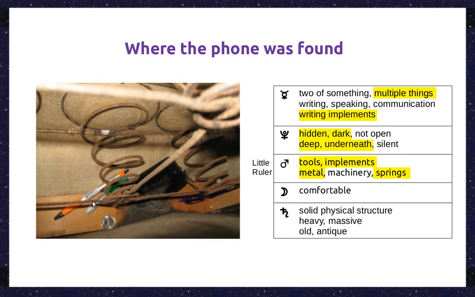And she also found a lot of pens and pencils. She found keys, and she found coins. So she found multiple things, multiple categories of things. She found writing implements. It was indeed hidden in the dark. She found it was among metal and among tools. A key is a type of tool. And so she was very happy to find her phone. And I was happy to have helped her.